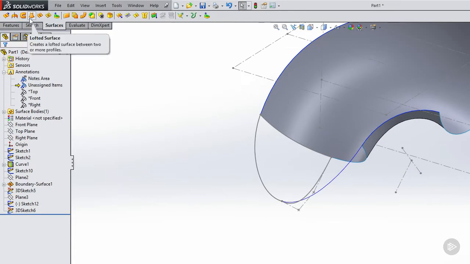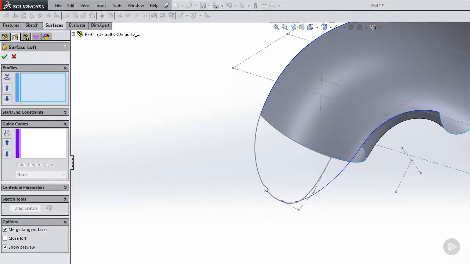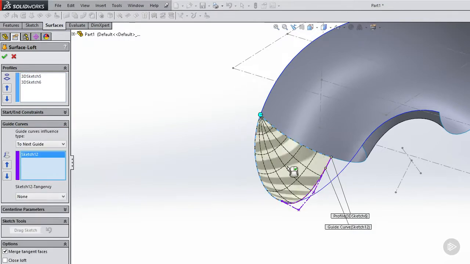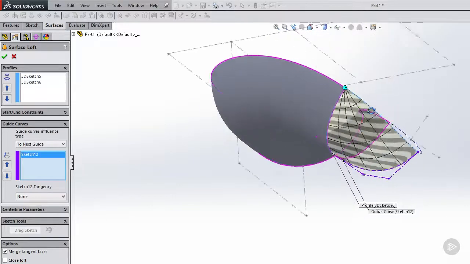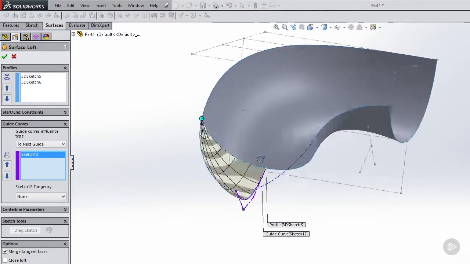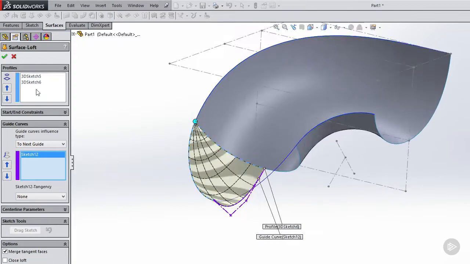So let's go to our lofted surface. And we're going to choose this line and this line as our profile. Then we can choose for the guide curve this line here. So you can see these little flags pop up. What we want to make sure is that this guide curve is tangent to this surface. So just to be sure, we can click over here,